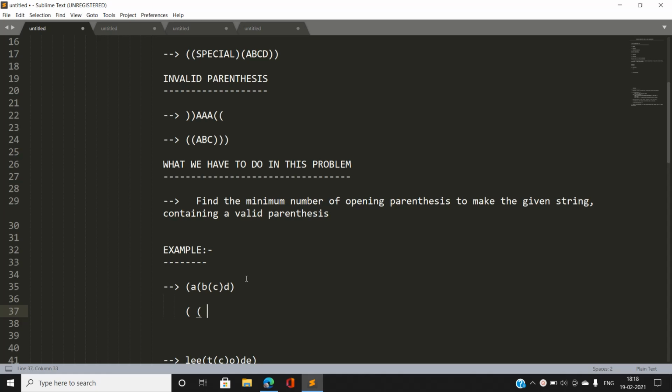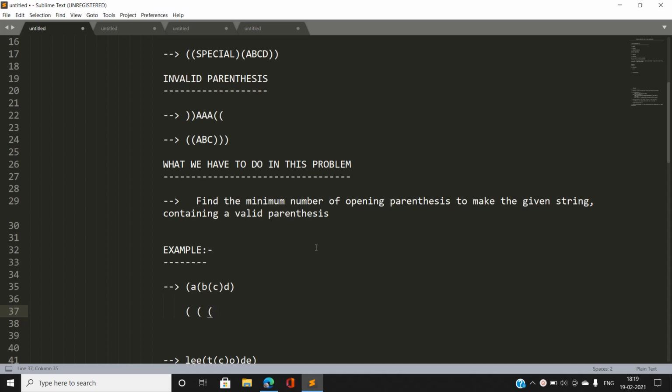Now we have a closing parenthesis, this one. Note that this closing parenthesis makes a valid pair with the opening parenthesis just before C. Okay, I have made some mistake. This one is for the parenthesis just before A, this one for just before B, and now we have one for just before C. Now you can see we have encountered a closing parenthesis.